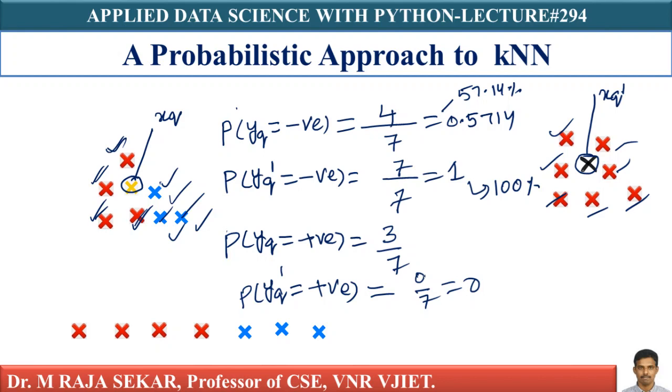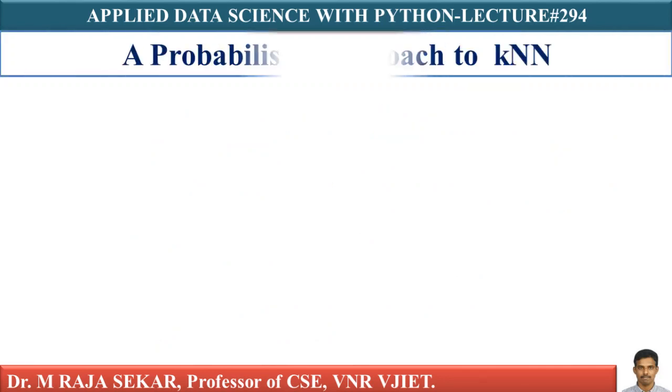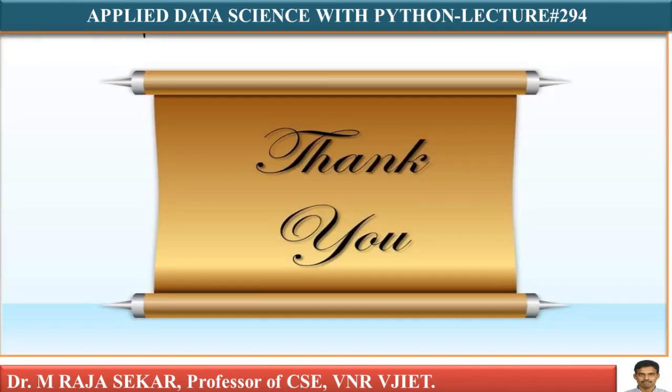So probabilistic class labels are a very, very useful technique across classification, not just in KNN. For KNN, it is very straightforward. Many people use this particular approach in research papers. You can see it in the literature. It has its own importance. Instead of just giving a positive label and negative label, if you give the corresponding probabilities, it will give more insights.